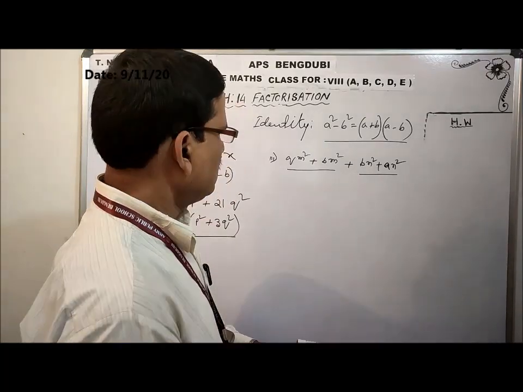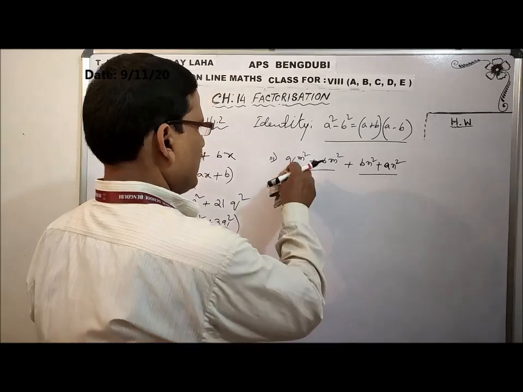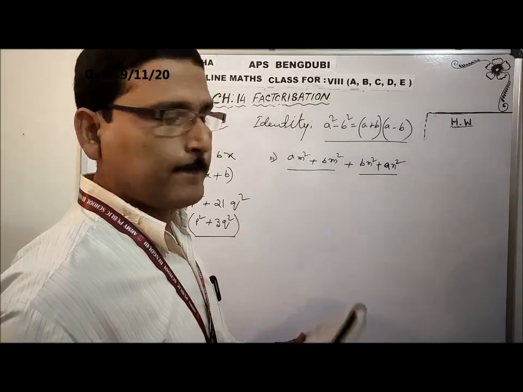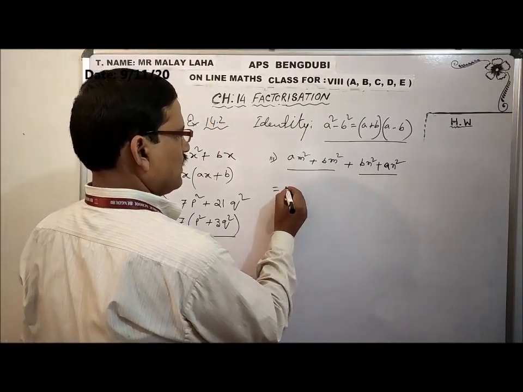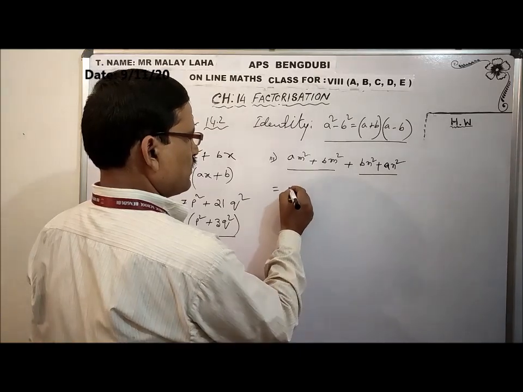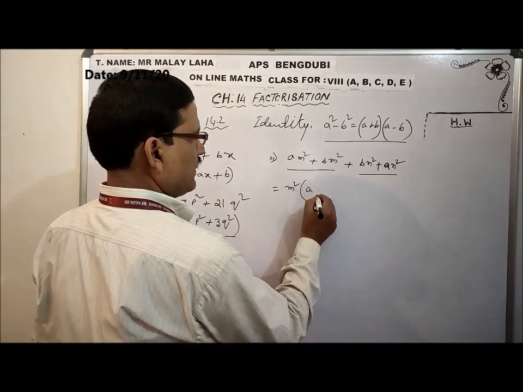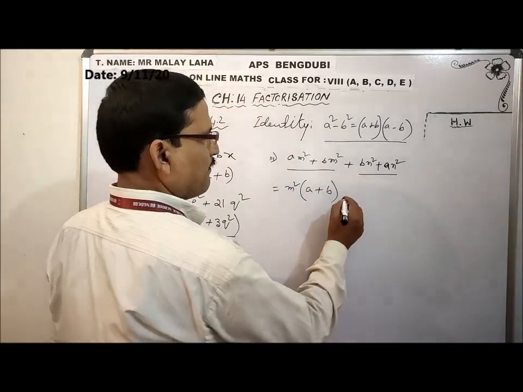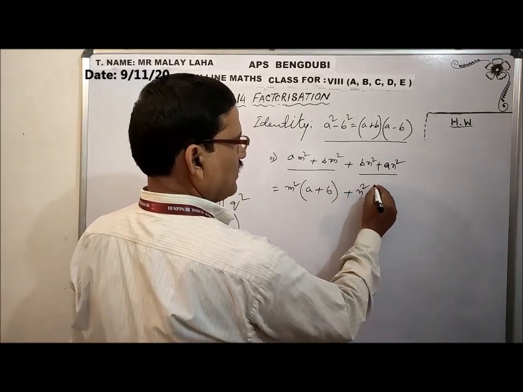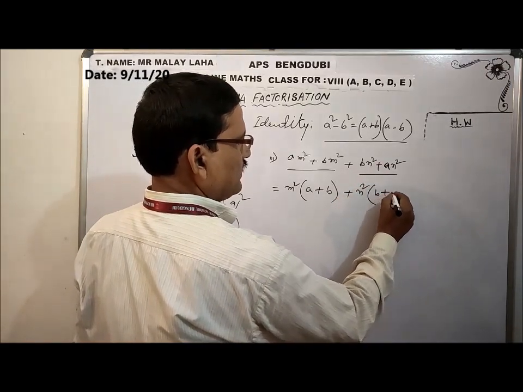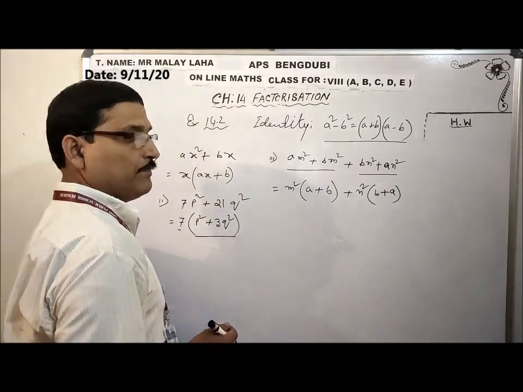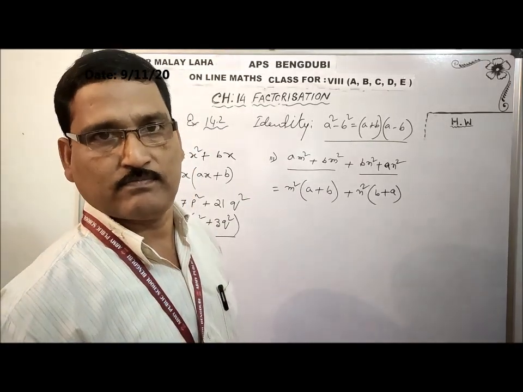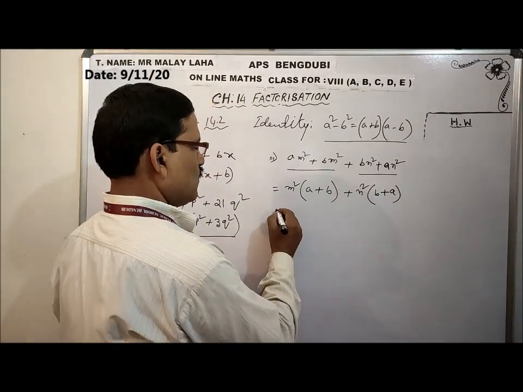So listen, this is not q. It is a actually. It is a misprint. Clear? So now reduce the number. If I take common n square from here, what is left out? A is left out in this term and b is left out in this term. Plus if I take common n square from here, what is left out? B and here a. So a plus b and b plus a both are the same, but a minus b and b minus a is not the same. Remember this part.